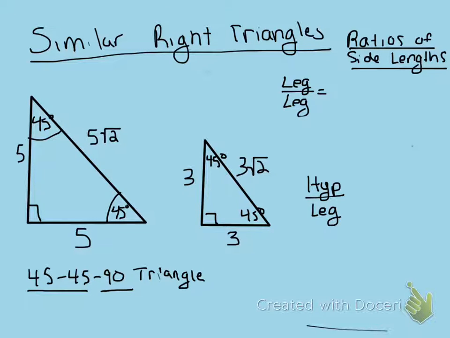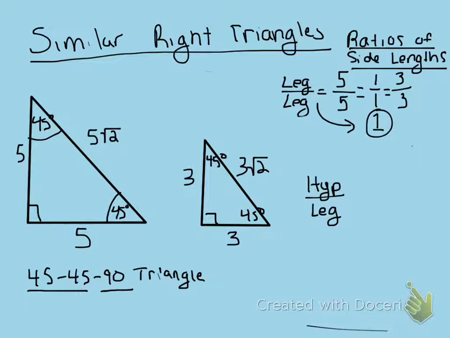So if you look at leg over leg, let's look at the ratio of that in each of these triangles. In our left triangle, we have our two legs, which are 5 and 5. So we're going to look at the ratio of 5 over 5. And in our right triangle, we have 3 over 3 for our two leg lengths. Both of these fractions simplify down to be 1 over 1, which is 1. So the ratio of the leg over the leg is always 1 if you have a 45, 45, 90 triangle. This should make sense because in every one of these triangles, the two legs are going to be congruent,